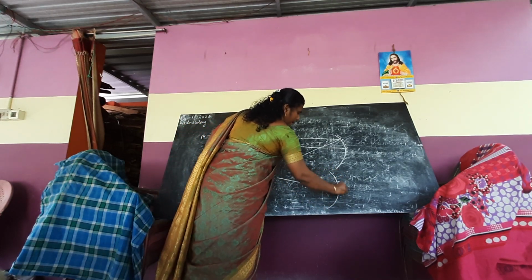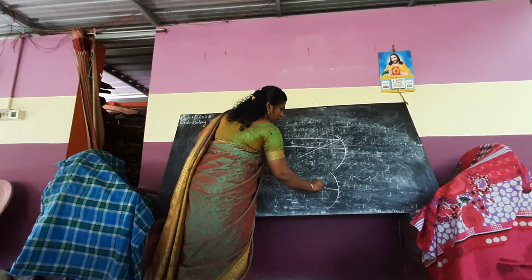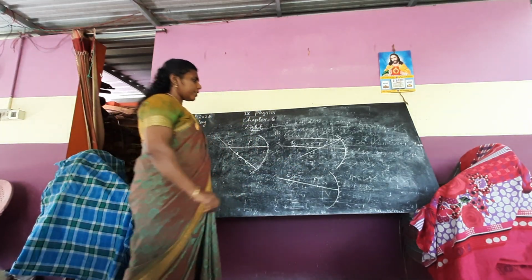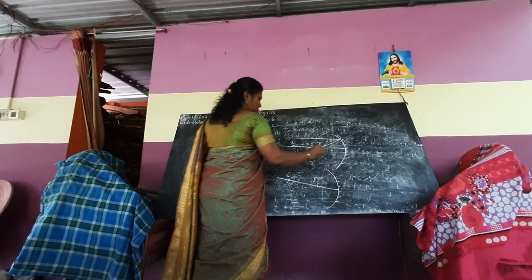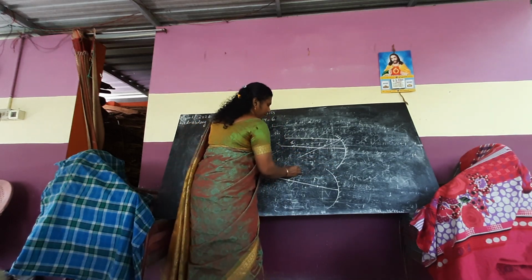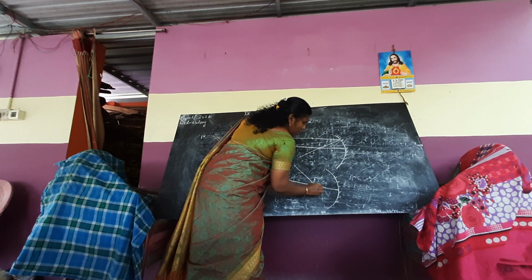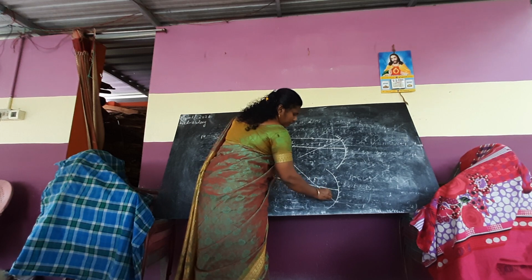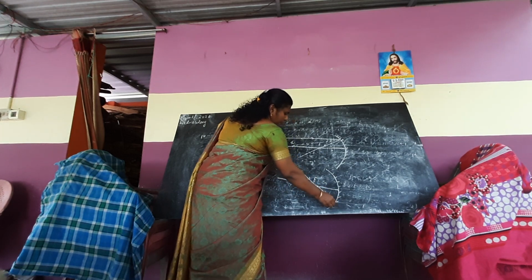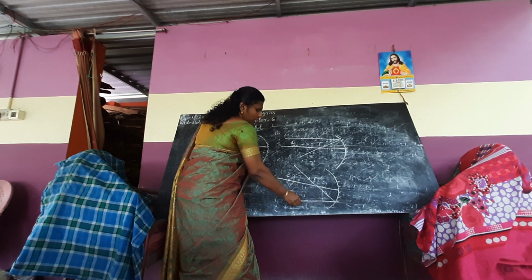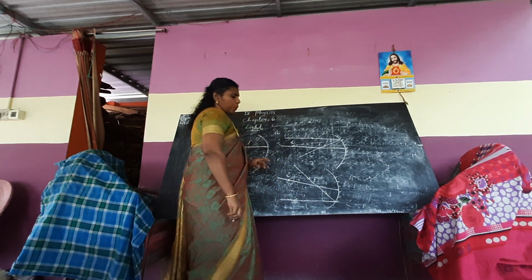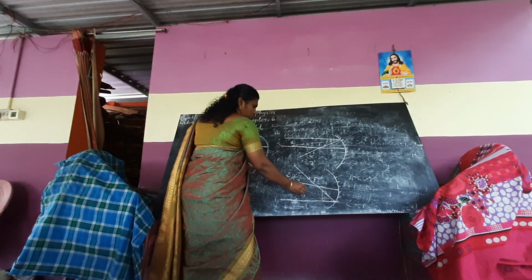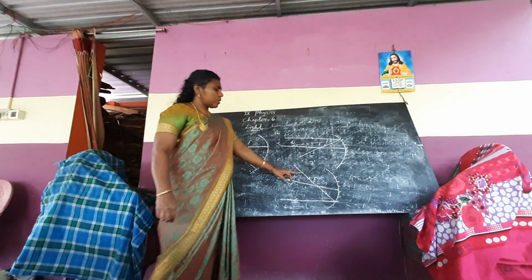Third rule. For this mirror, on the principal axis, there are the principal focus and center of curvature. Here, when a ray passes through the principal focus of a concave mirror, with the arrow mark like this, after reflection it will emerge parallel to the principal axis. The normal line passes through the center of curvature. So this is the third.